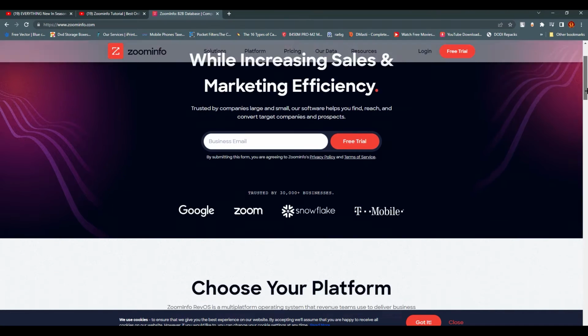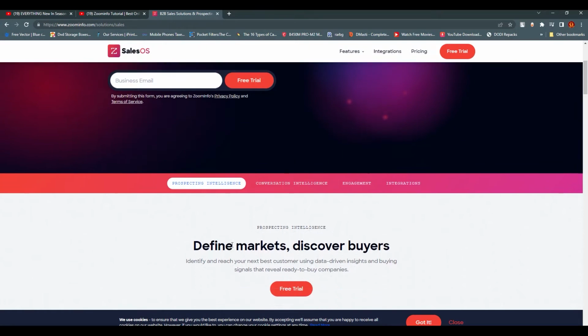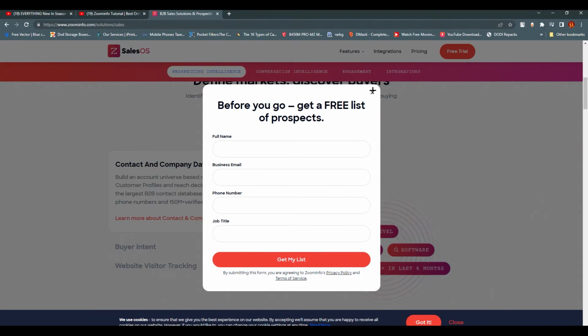If you scroll down from here, you can see that you can choose a platform accordingly, like sales OS, marketing OS, talent OS, operation OS. What it does is intelligence and prospecting solutions for relentless sales teams determined to crush quotas. If you click on hit your number, you will end up over here, and you can see that